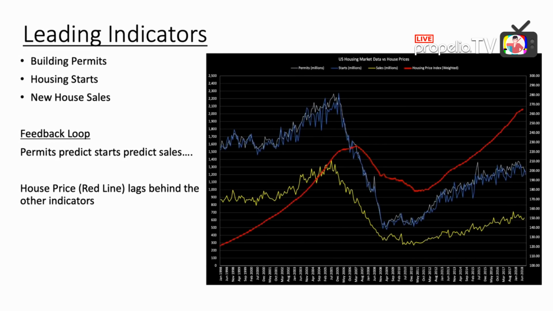But what's important too, and Casey, you've made that point a lot, is it's not just looking at one or two of the indicators. You have to overlay them. It's looking at the data together because it's going to show you where these things cross. Right there, let's just say that's August 2007, you would have been like, uh-oh, what's happening? Now, it's not determinative. It doesn't mean that's exactly what's going to happen, but it's pretty much what's going to happen. It's taking all these indicators, the building permits, the housing starts, the new house sales, that are a feedback loop, overlaying the house price and seeing what's going on. Exactly.